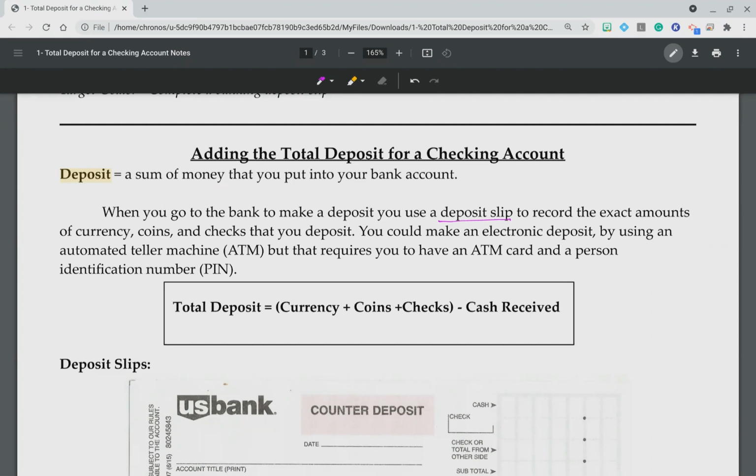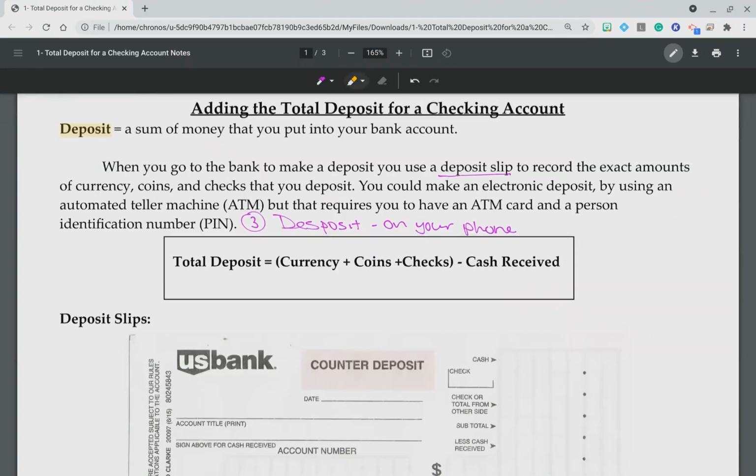I know personally there's a third way, and you can actually deposit checks now on your phone. What you would do is take a picture of the front and back of the check, and you can deposit it from your phone at home. But today we're going to talk about these deposit slips in case this is a way that you want to deposit money. So say you're going to the bank and you have some cash, you have some checks,